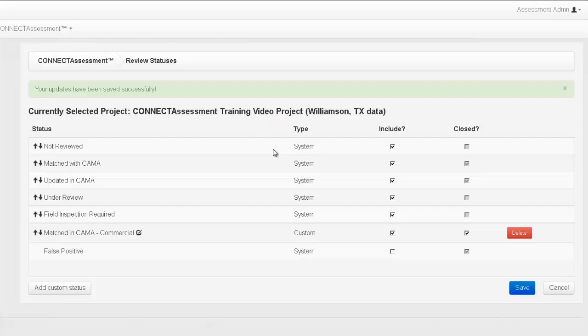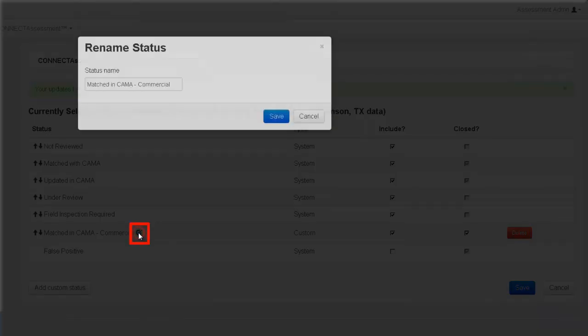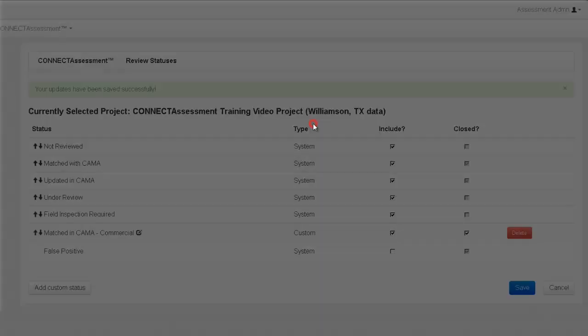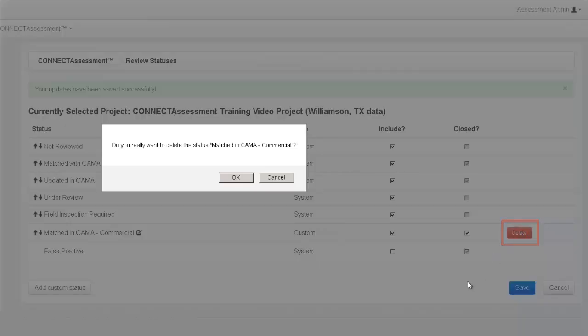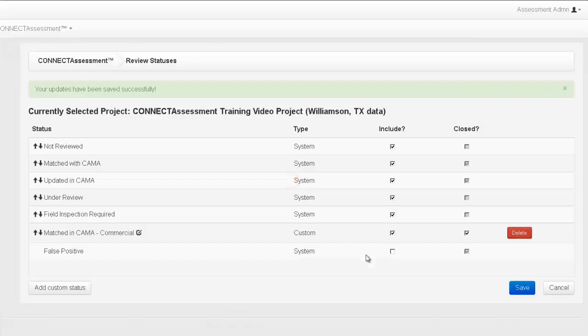Once back on the previous screen, you can edit the status by clicking the pen and paper icon to the right of the status name, or delete the status by clicking the red Delete button on the right-hand side. Note that you cannot delete a predefined system status. You can simply choose not to include it in your list of